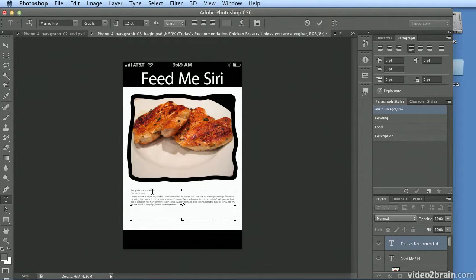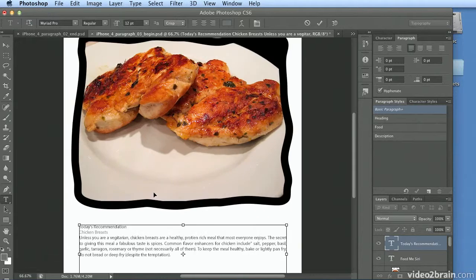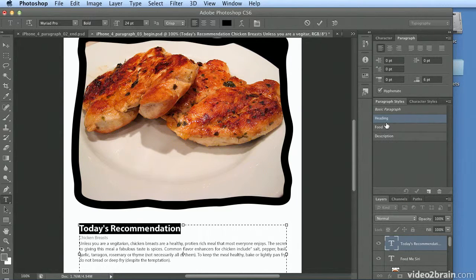I can click on a line, hit Command plus or Control plus or Command minus or Control minus to zoom in and out. I'm on the Today's Recommendation line. I'll click once on Heading to apply it, or triple click to select the whole line, and it's telling me there's a little plus sign here. Because I manually formatted the text, that's considered a local override. So I'm going to clear out all my manual formatting, and now I go to the pure heading style